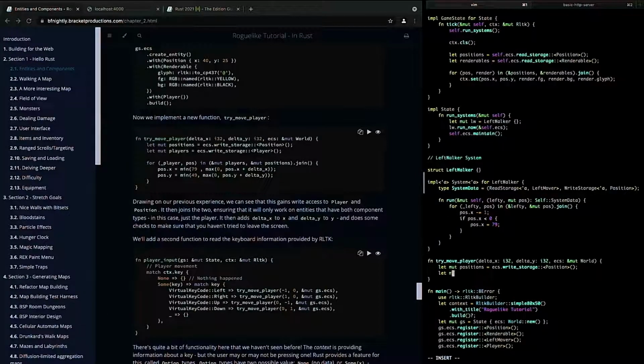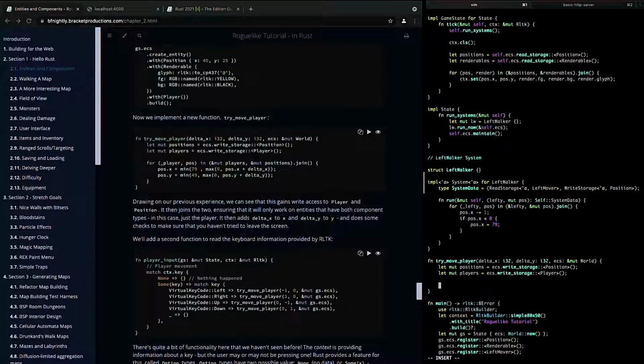And ECS write storage, Player. All right. And then we're going to do the join for, and then underscore player, pos in mut players, mut positions